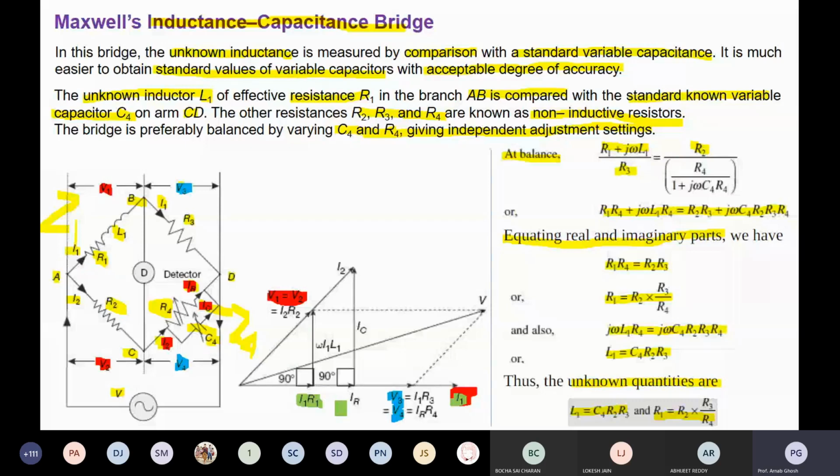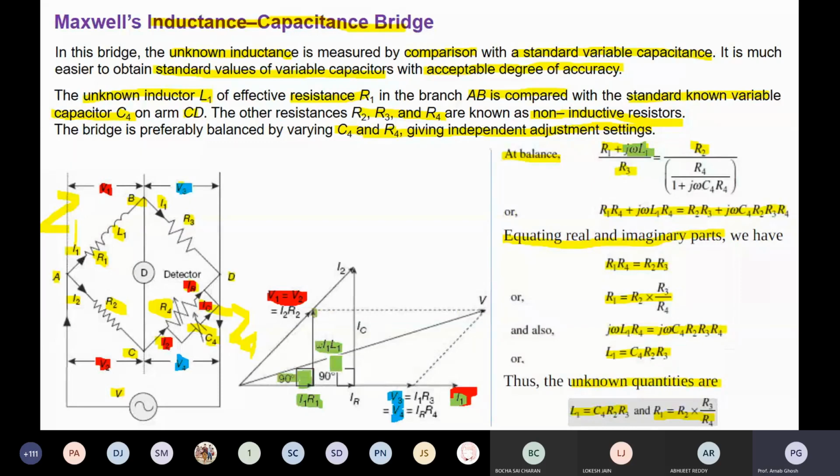So after that what happened? That inductor will be there. Inductor means j omega L1 I1. Since the j factor is there, it causes a 90-degree leading of your inductive path. So it will be coming over there, and that point is your V1. So V1 equal to what? V1 equals I1 R1 plus j omega L1 I1, and the j term is there. That's why it is 90-degree leading. So finally it is your V1.